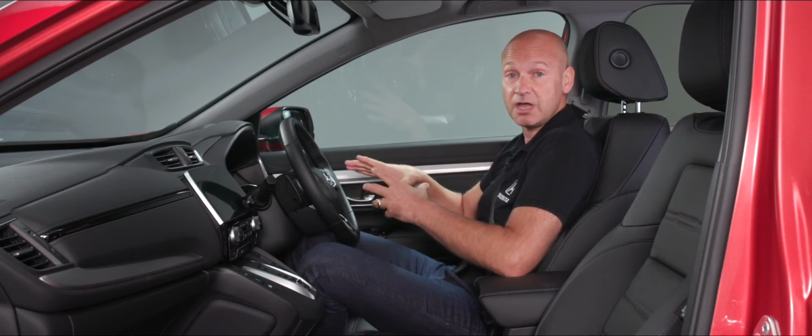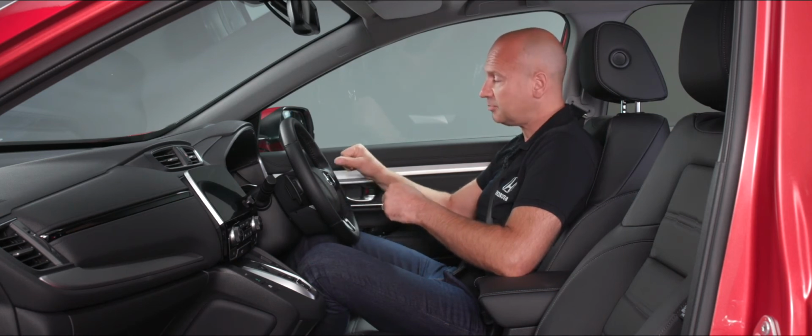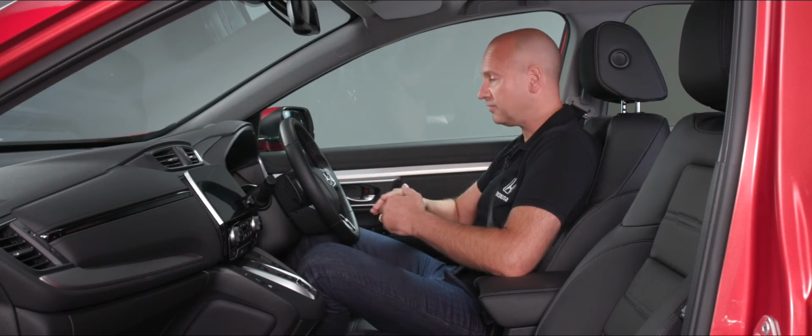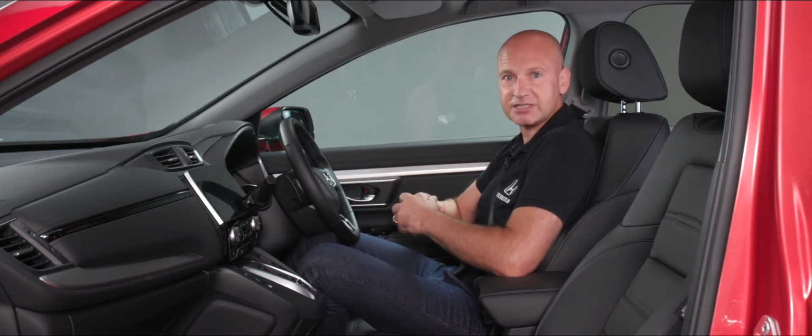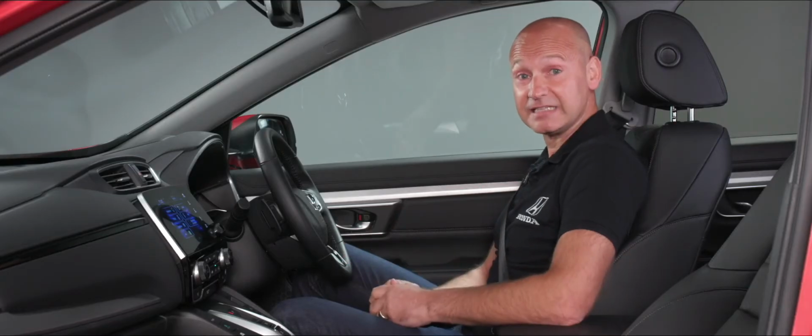Any one of those three would actually cancel it. When you turn it back on, if you just hit the plus or the resume button, it'll take you to the speed that you were at before. Brilliant, brilliant feature. So now looking at the climate control and also some of the other heating facilities we've got on the car,